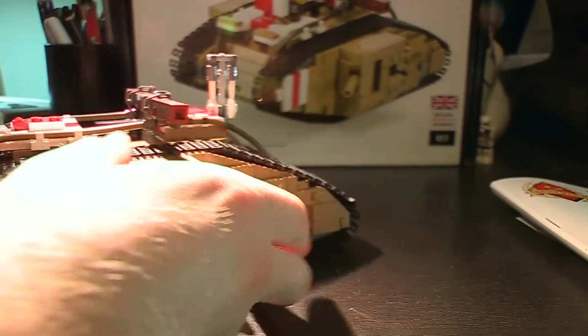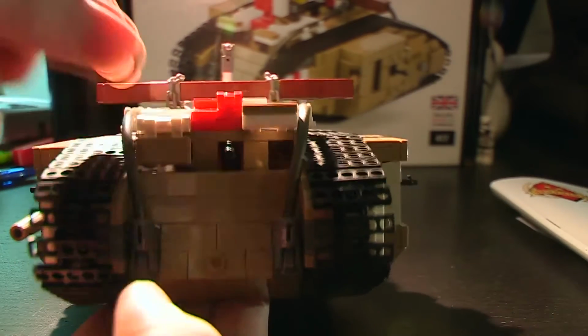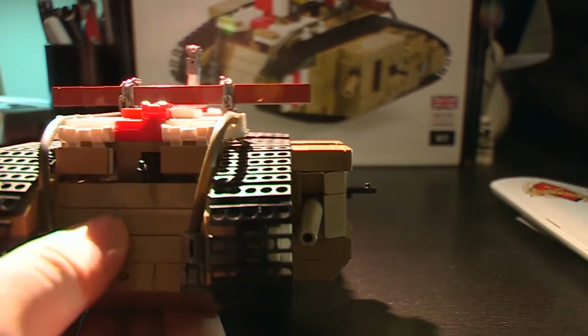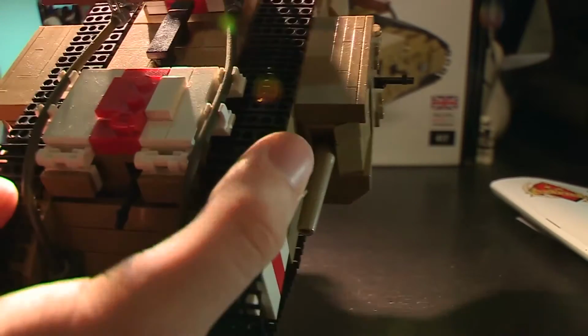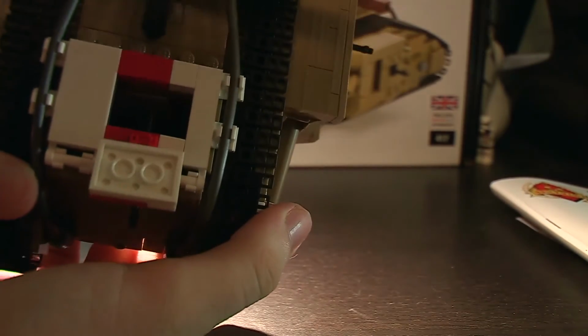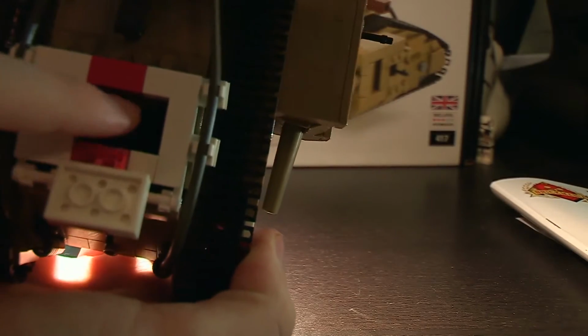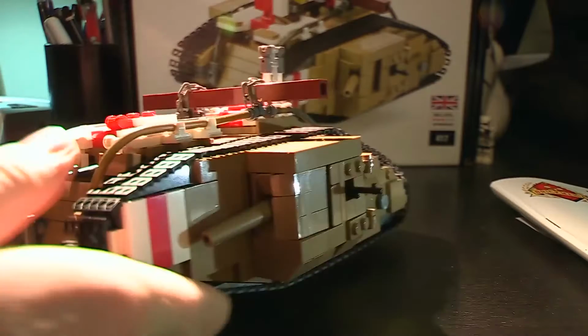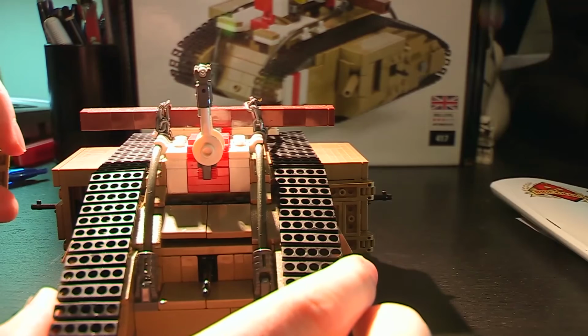So your tracks both work perfectly. So as I was saying before, at the front here, these fold down. And there was a driver and I think officer's hatch, which opens up about here. And now, because the lighting is so bad, you can't see in there, but there is nothing. It's just the gun and the spot for the two drivers. Over here, these side...